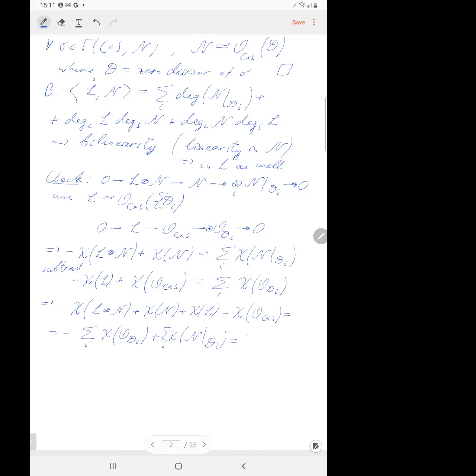And this is nothing but the degrees of n restricted to our divisors, right? Because